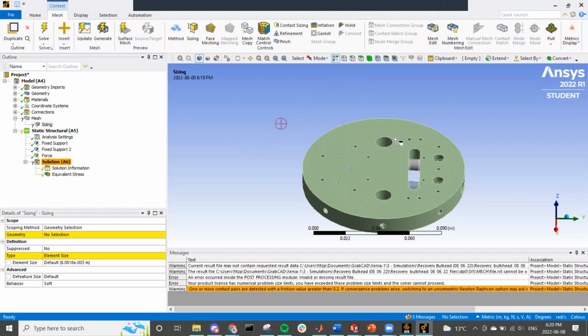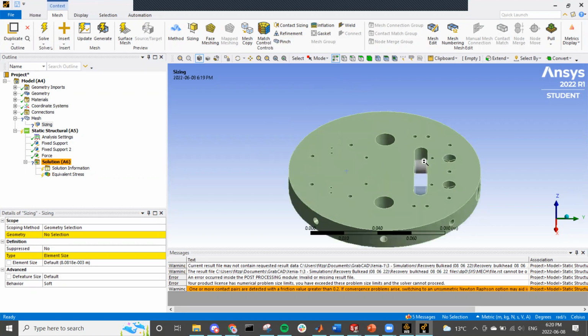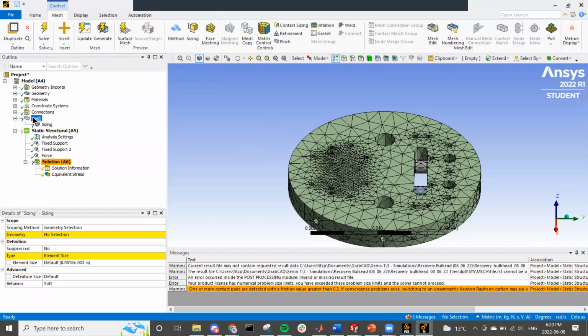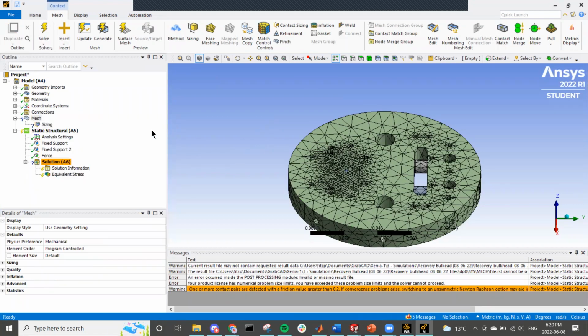So the adaptive meshing did not work because we ran into numerical limits, because we're using ANSYS student. So I'm going to run this without adaptive meshing, and further, this will probably be redone in either SolidWorks or Siemens or something that we have licensing to do more mesh elements. So if you go to mesh, right click, insert sizing,